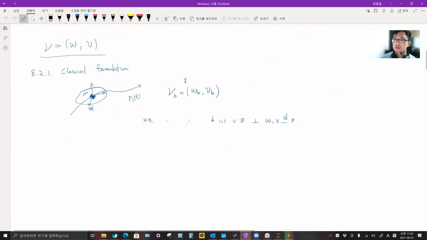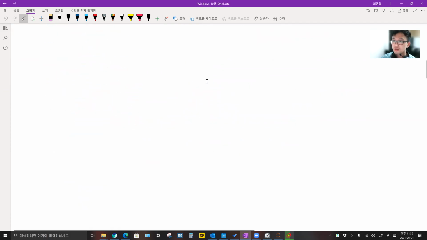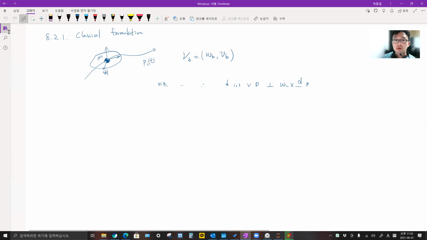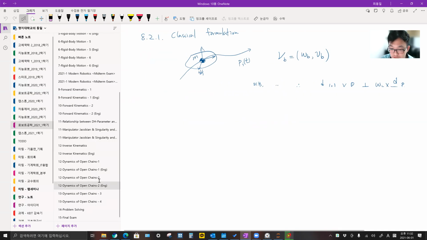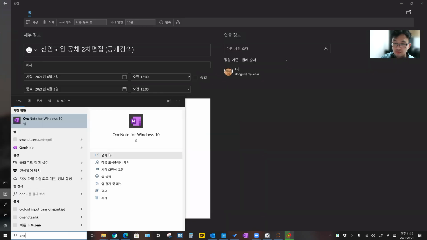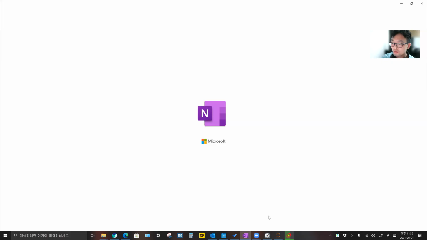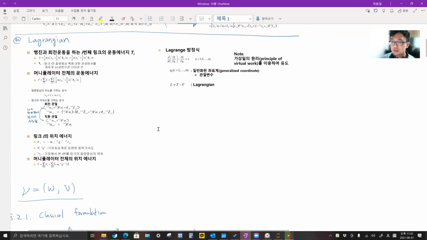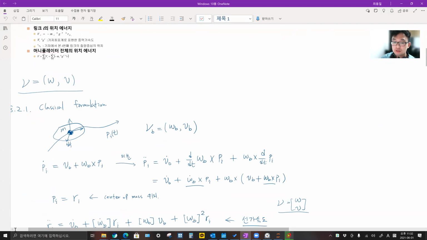So this time, we will apply this kind of method to the, there is some error. Okay, I will reload OneNote. Okay, I will apply this kind of formulation to the